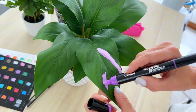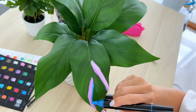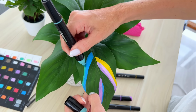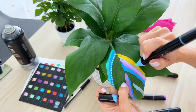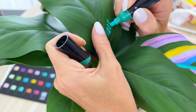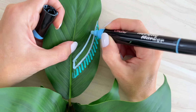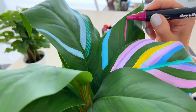And I can't explain further than that why her work made me want to paint with my new markers on my fake plant. I didn't really have a plan for how I was going to paint it. I just jumped right in to see how the plant would do with the markers. When I started, I figured the best thing was to do lines following the printed lines from the leaves. I think at some point I may have thought about painting the leaves in their entirety, but as I started to move forward with the first one, I really did like having the natural